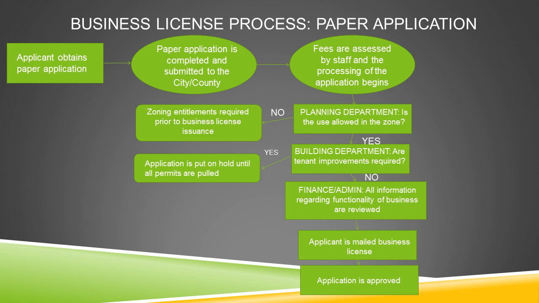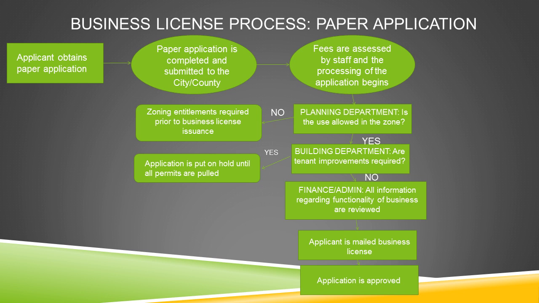An applicant obtains a business license application package, which includes a section for the description of the business, a section to indicate the floor plan proposed for the new business, and a section breaking down the number of employees and other technical questions regarding the functionality of the business. The applicant must complete the paper application package, then submit it to the appropriate department, and fees are assessed to